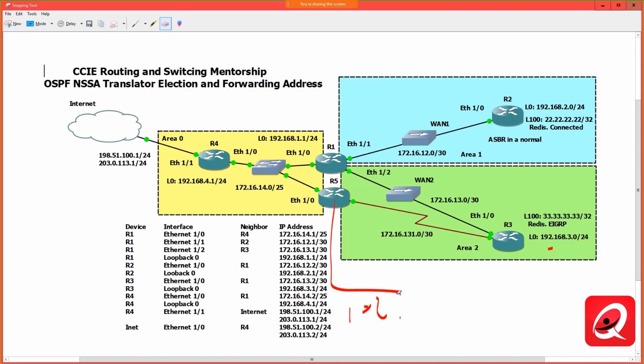Get rid of all these lines here. The external routes on router 4, even though router 5 is originating, or at least advertising, that external route, this 33 subnet, we're actually going to take the path through router 1 down to router 3 to reach that particular destination. All right? The external type 2, because remember it's already been translated to a type 5, that's going to go through router